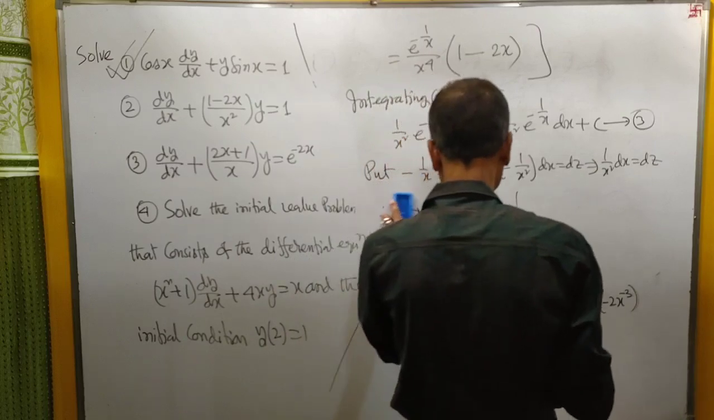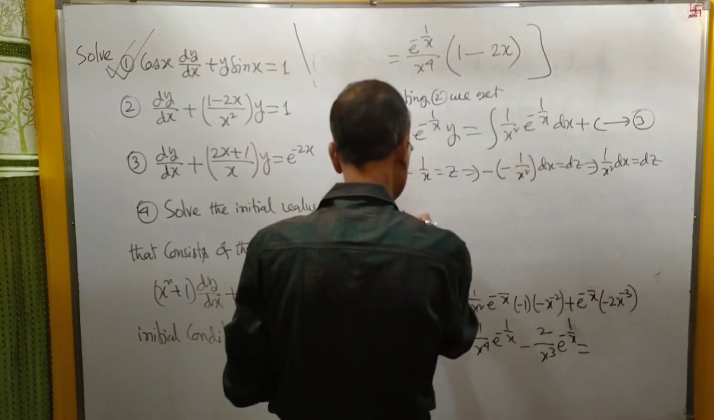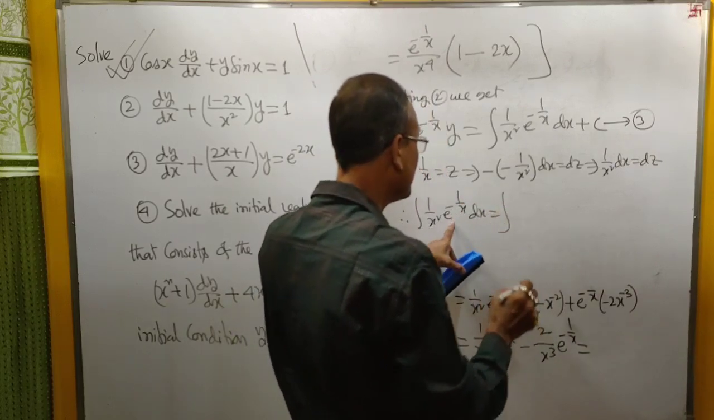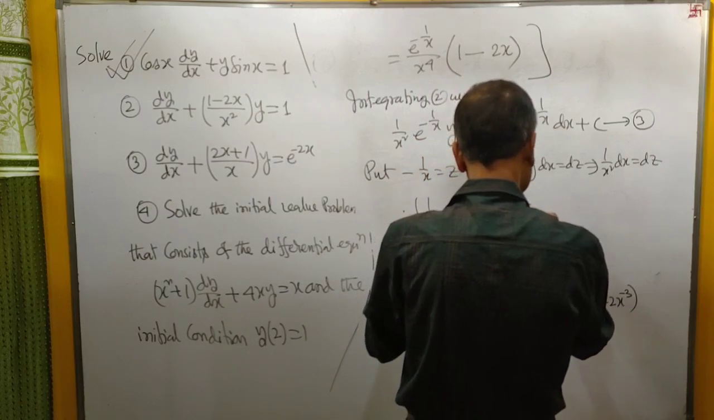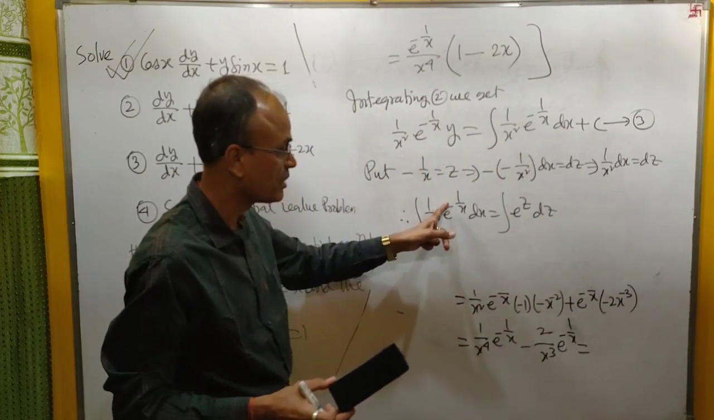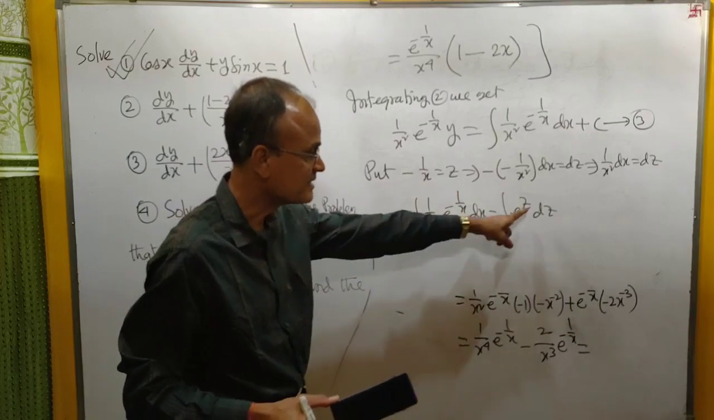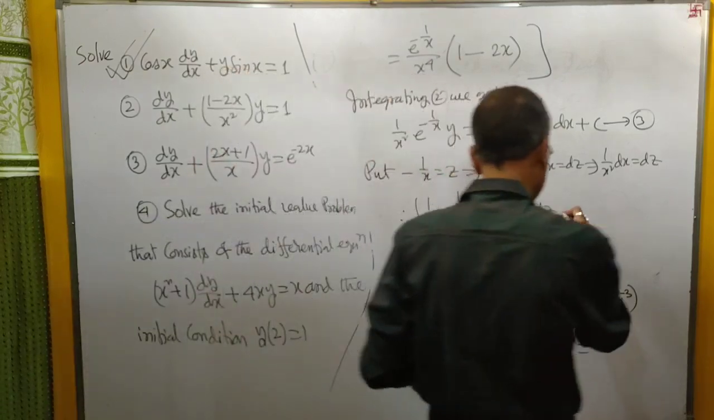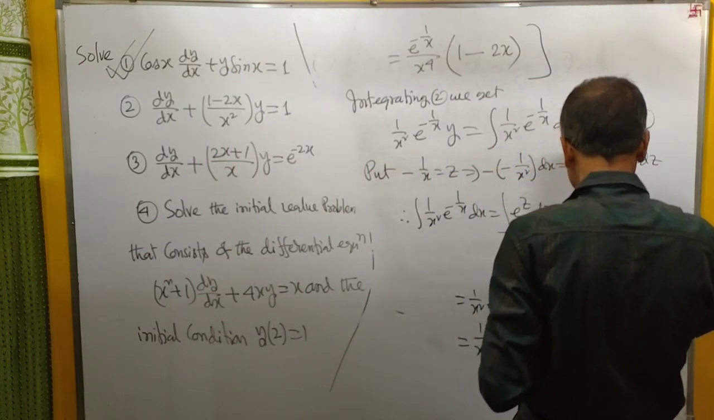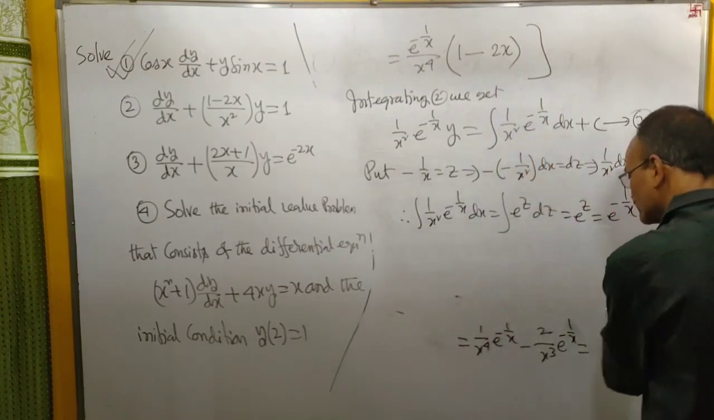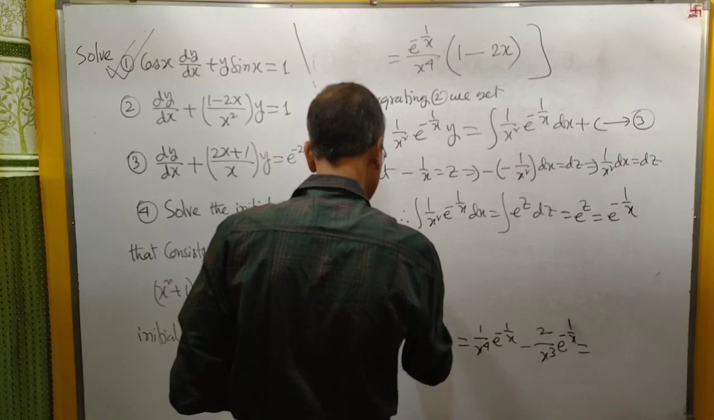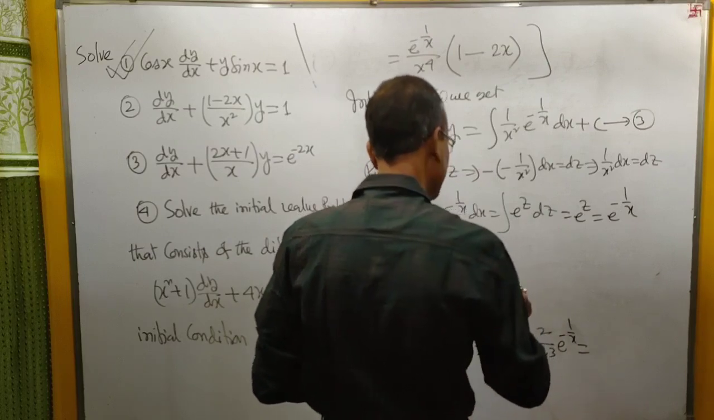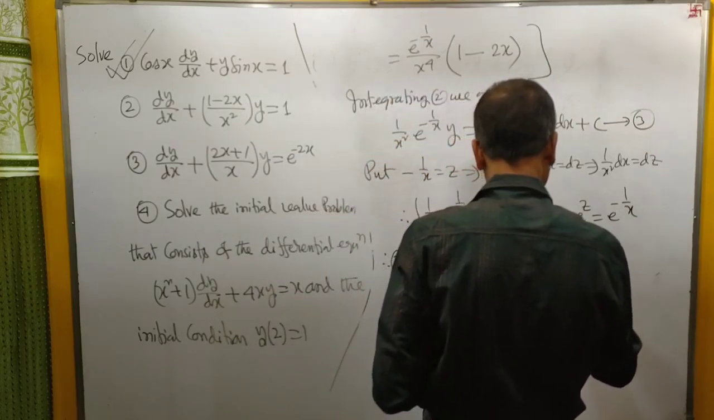Therefore integral 1 by x square e to the power minus 1 by x dx equal to integral e to the power z dz. For minus 1 by x, write z. For 1 by x square dx, you write dz. What is this? It is equal to e to the power z. What is z? Z means minus 1 by x. Therefore from 3 you will get 1 by x square e to the power minus 1 by x y equal to e to the power minus 1 by x plus c,